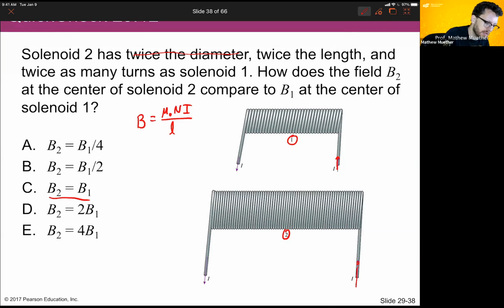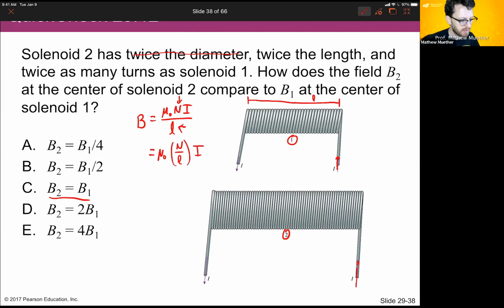There is a length term, and there is a term that depends on the number of turns in that total distance. When we talk about L for these solenoids, we're talking about this total distance that the winding covers. So we could rewrite this as mu naught N over L times I. So the things that drive the strength of the magnetic field in the solenoid are the current. The more current you pump through it, the larger the magnetic field gets, but then also the number of turns